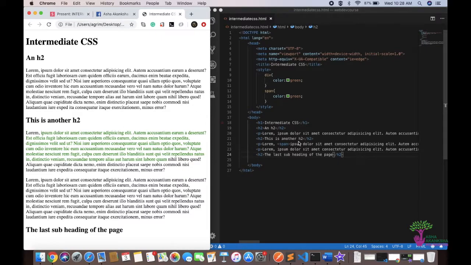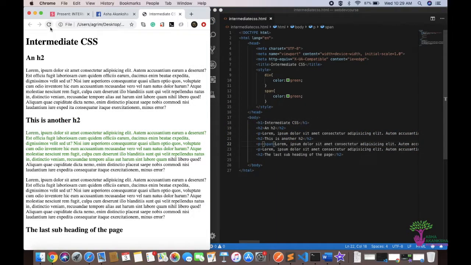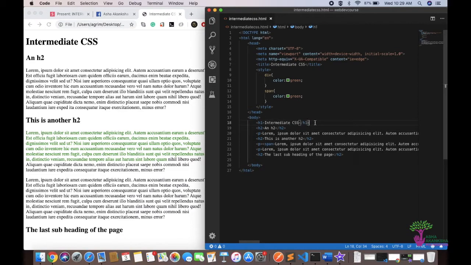All of this is inside a span, and if I cut it and put it here, I see all of this is inside of span and nothing else is styled because we've put a color of green to div, but we have not wrapped anything inside of a div. So I'll just do some nice spacing here